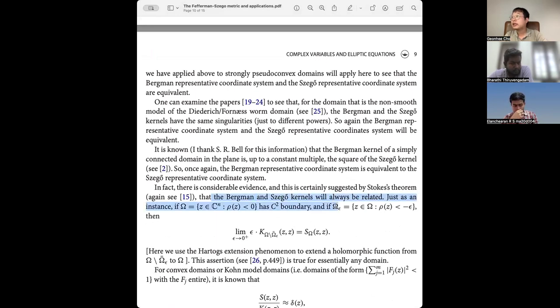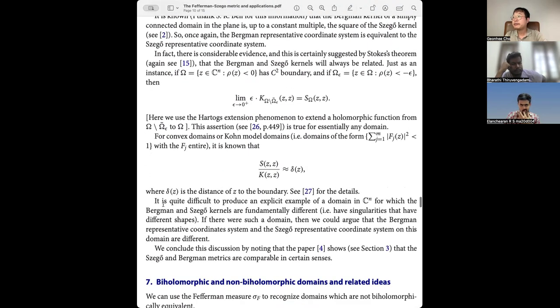The next case is here. I assume this is the strongly pseudo-convex domain, and this case is also known regarding the comparison of the Szego and Bergman kernels. This is also a very important example in several complex variables, and the Bergman and Szego kernels have already been investigated, at least for some cases. This is also investigated. And this is the question. This is the question.